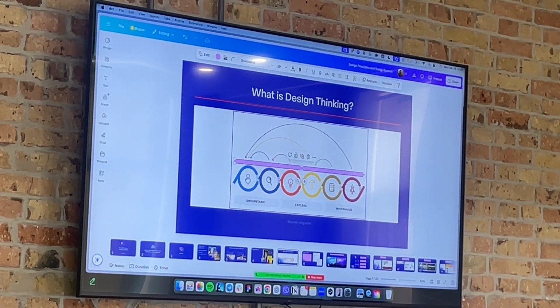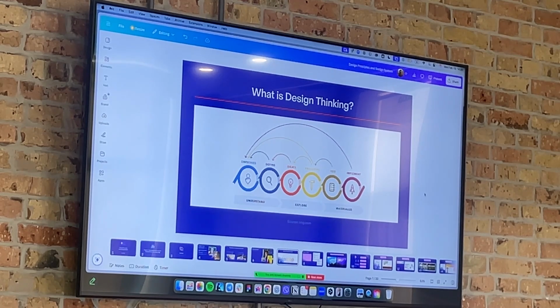Prototype. The fifth one I don't remember, and the last one is implement. Before we create something, after we create something, we need to test it. Yes, test. So this scheme represents the design thinking process, and you can consider this process the best way to